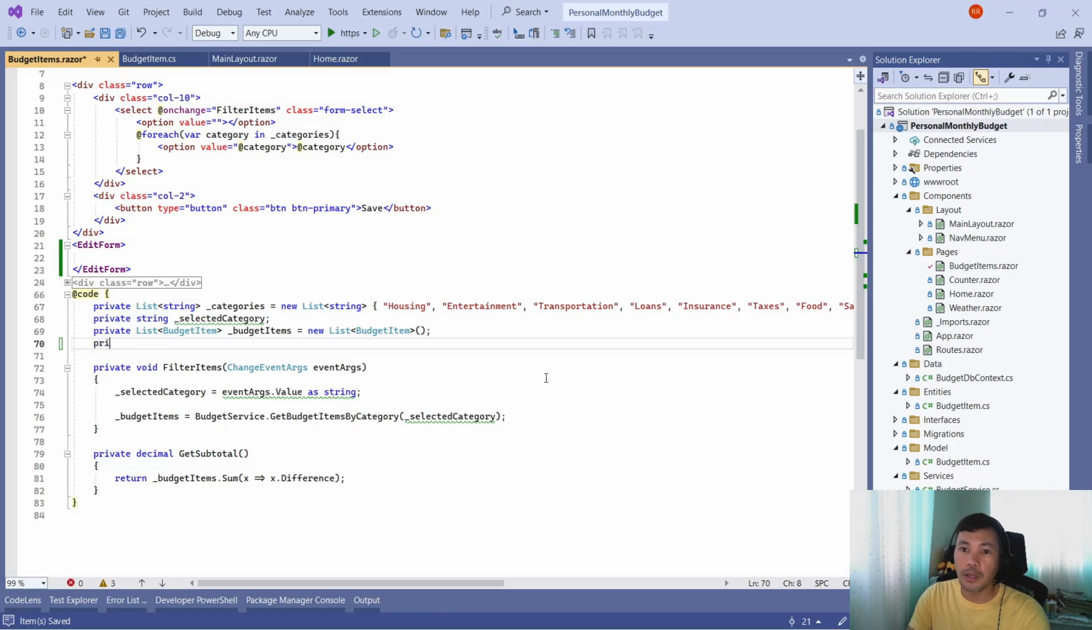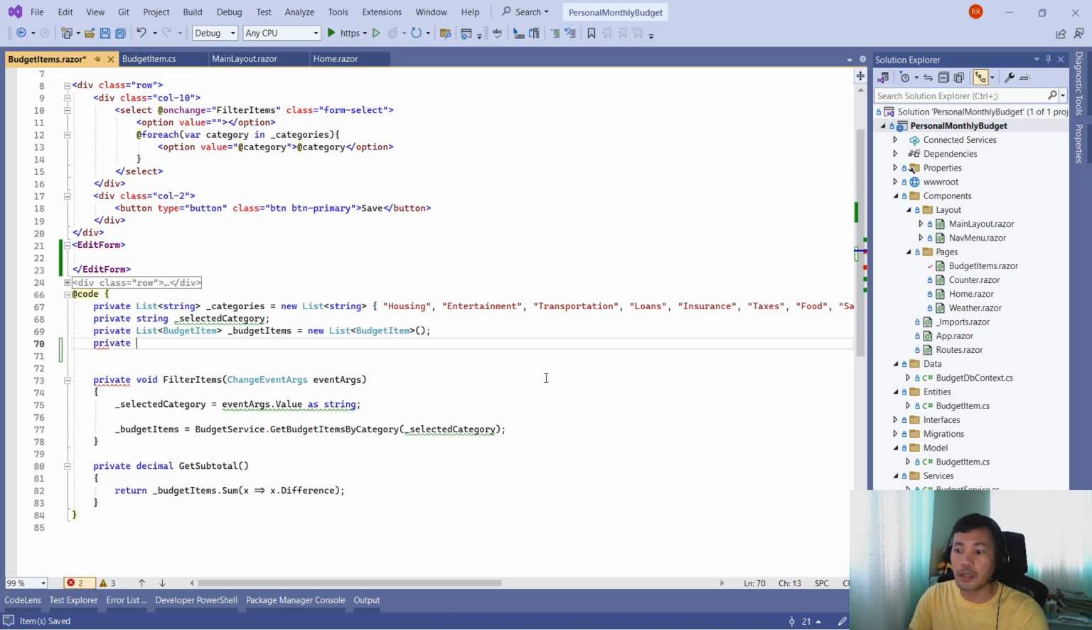Okay, so here, let's add a backing field for that one. So in this case, it would be just a budget item. Let's name it budget item add model. Okay, so let's do that. And then our initialize, let's override